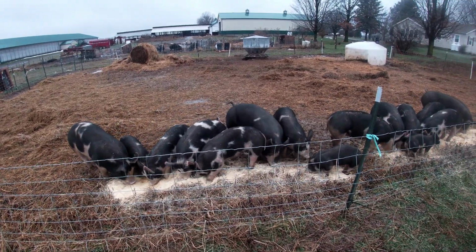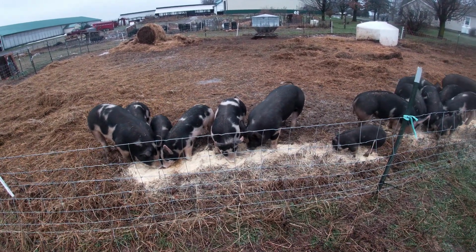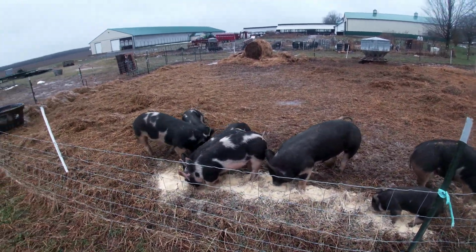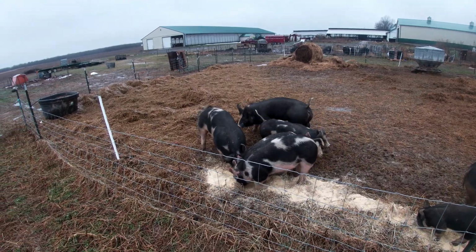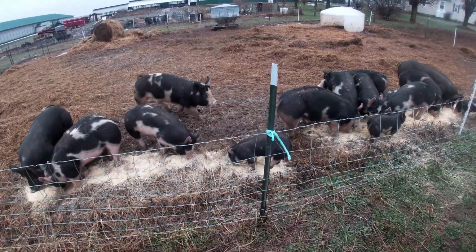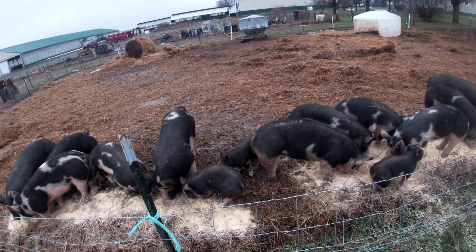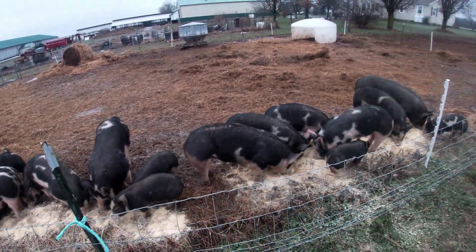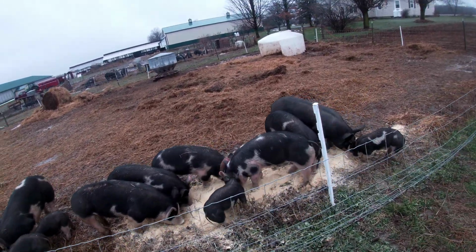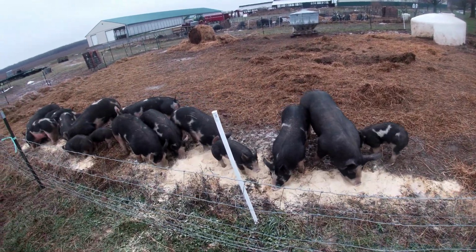We like to have nice hams, nice shoulders, kind of a longer body, and we want to make sure they're walking well. You want to make sure their feet are good, because that's an important thing. For the males, it's similar for a lot of that. I can't find our little boar in here that we're growing out, but we look for similar characteristics in the shoulders and hams, and that has to be done at a much younger age, because we don't want to